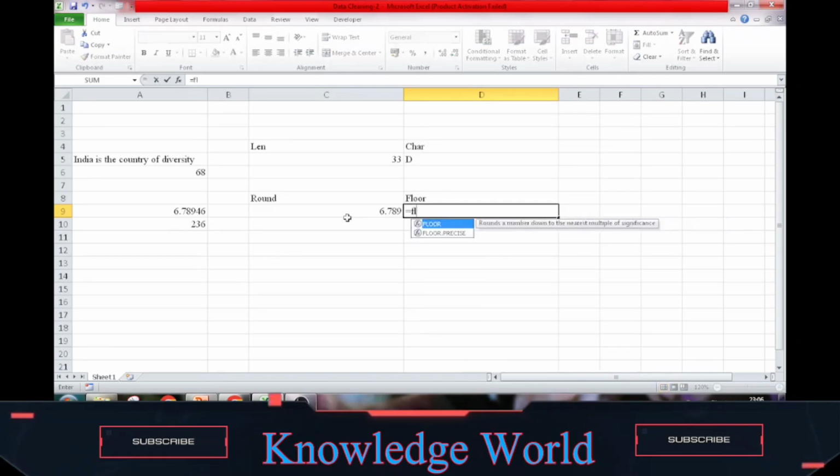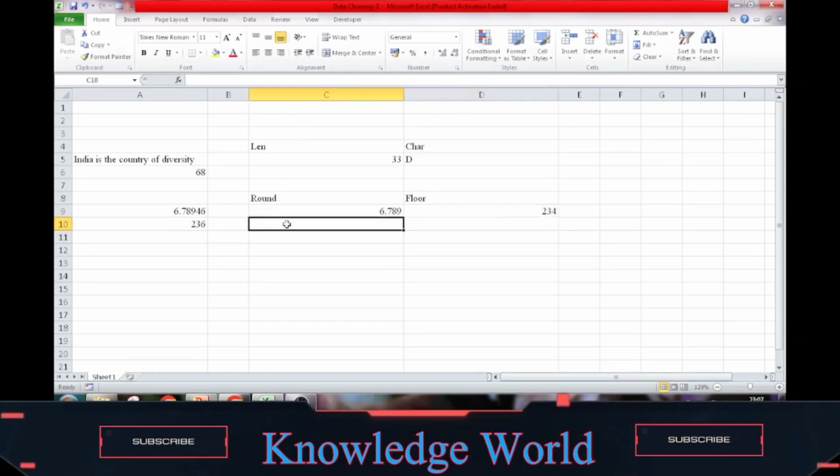If we write FLOOR, then select this number, that is 236, then comma significance. If the significance is 2, FLOOR 236 comma 2, the answer will be 236, because it is easily multiplied by 2. But if we change the multiple to 3, the answer will be 234, which is easily a multiple of 3.